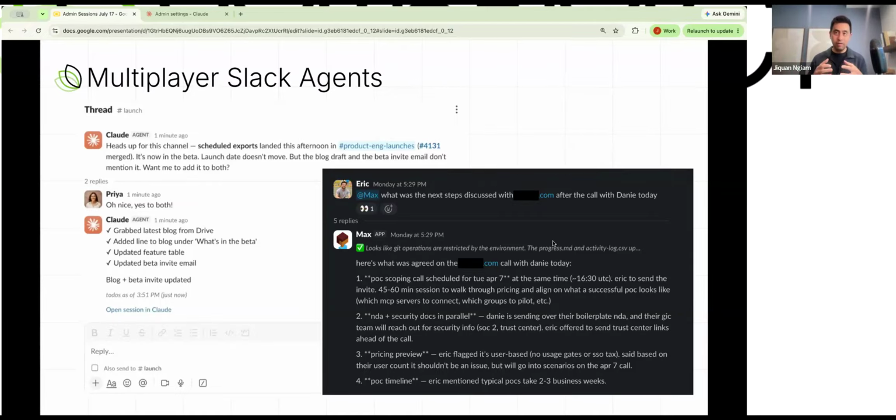And not only that, if this is done right, you start to get threads or conversations where it's not just one person interacting with the agent. You start to see many people interacting with the agent simultaneously. This is really cool, and you might have seen it when we showed you our Slack agents. Many of you might have seen Max, one agent in our company that does a lot of GTM work for us. More recently, on the Claude side, Anthropic launched Claude Tag, which is a singular Claude agent inside Slack.